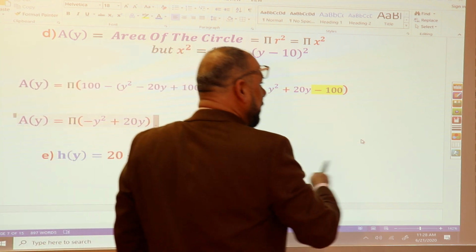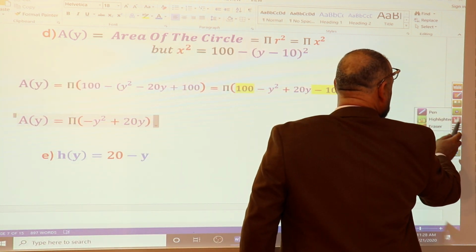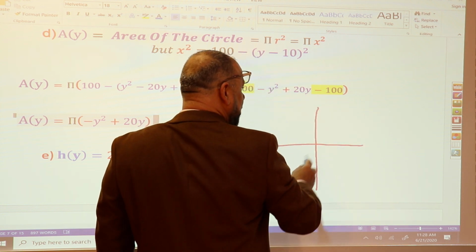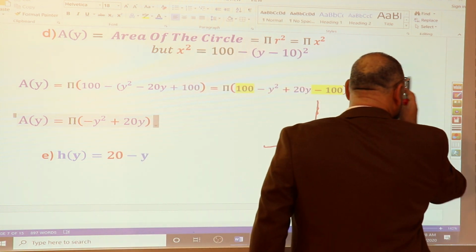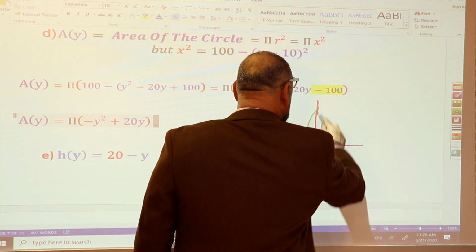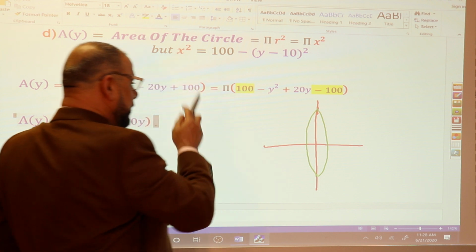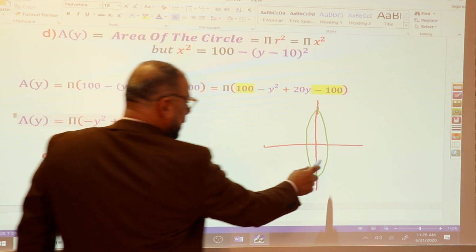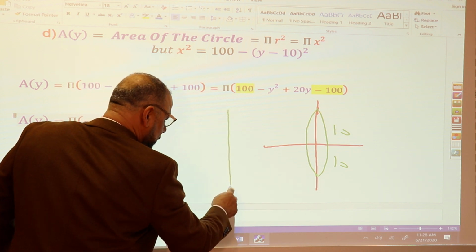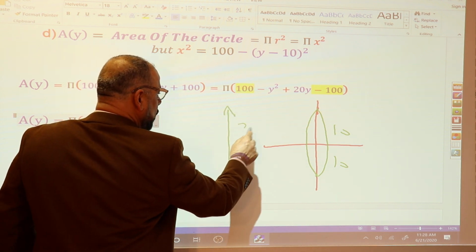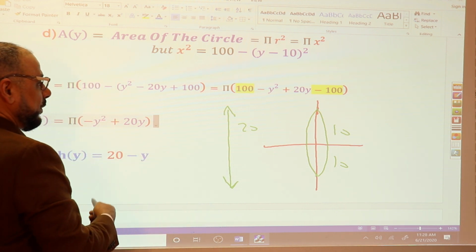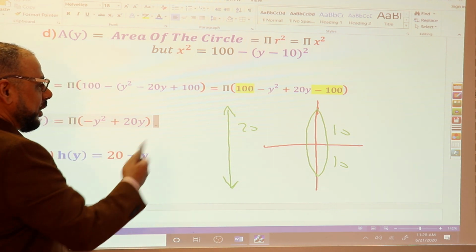Let us go back to our graph here. We said the diameter is 20, right? And the circle has a radius of what? The circle has this 10 here, and here 10. The total, from here to here, is what? Total 20. When you start to pump the gas or the oil,